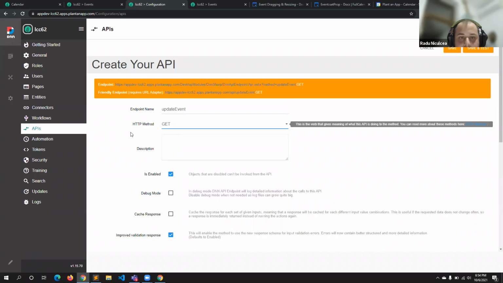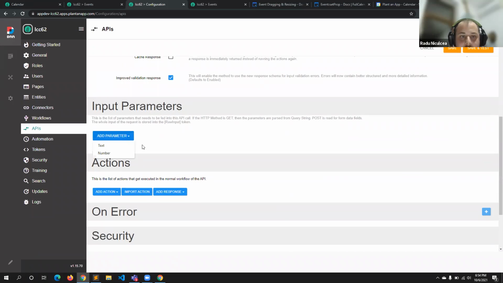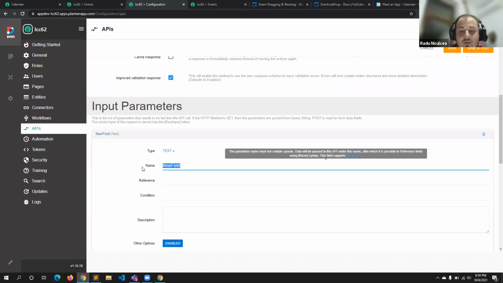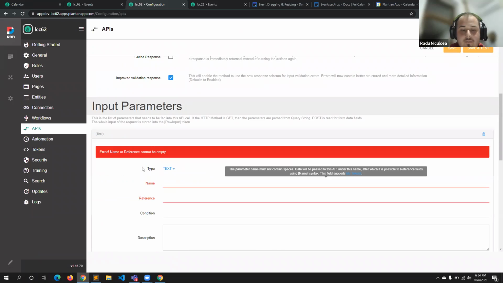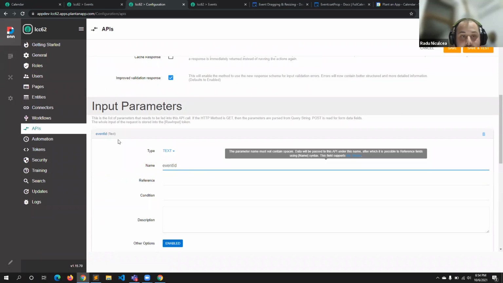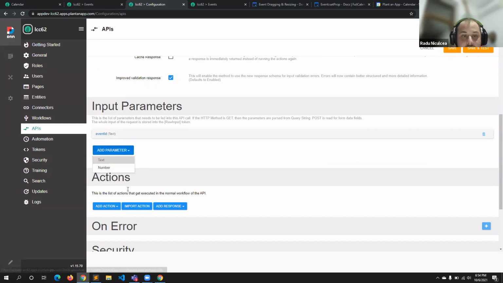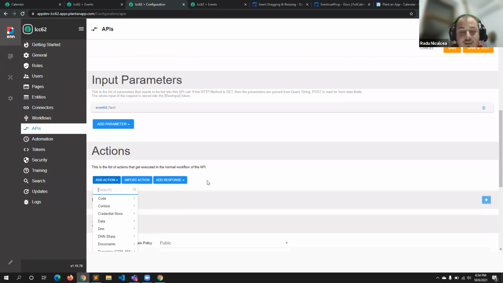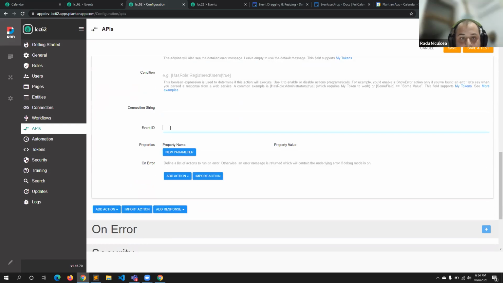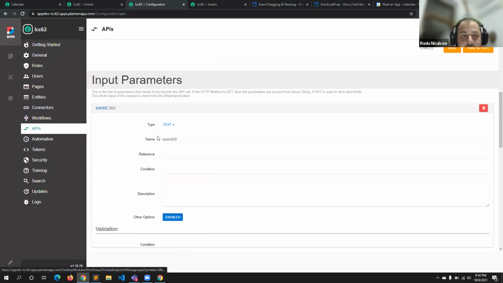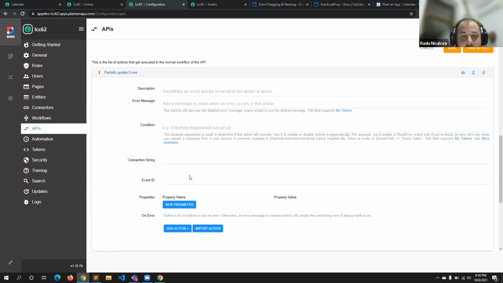I'm going to make it a get call, and I want to pass the event ID, and after that, I want to execute a partial update of the event. The event ID is going to be the input parameter of the API. So I'm going to put it here.